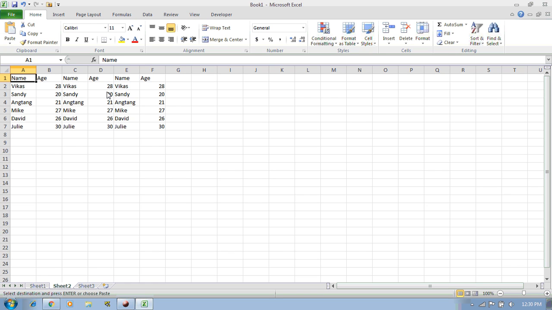It is a good way because you can just use a single shortcut key, and you don't need to press the shortcut keys twice. Just for example, you can either use Control and down arrow, then Control and right arrow to move here, and if you want to move to the first cell of the raw data, you can use Control and left arrow, then Control and up arrow, or you can use Control and up arrow and Control and left arrow.